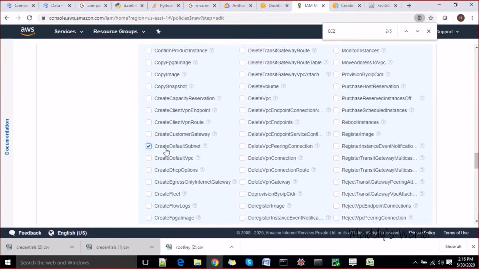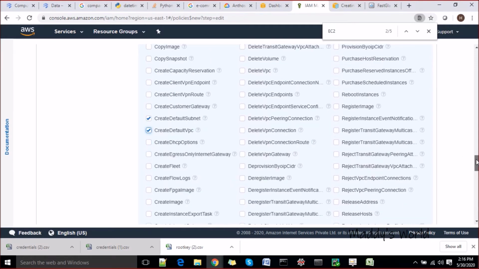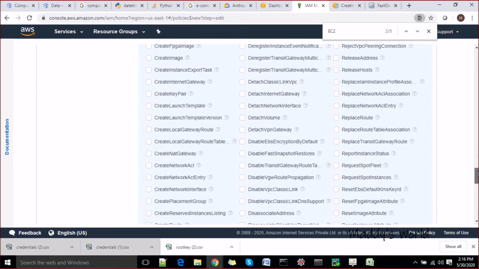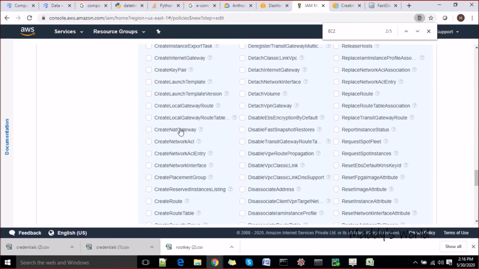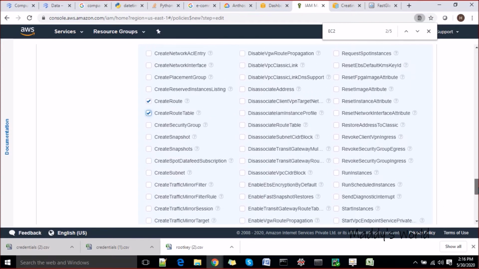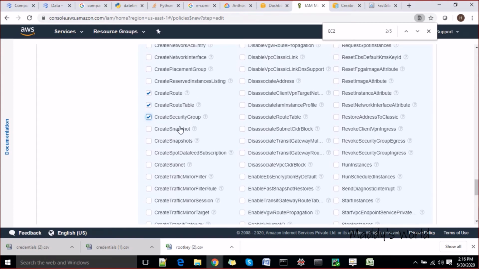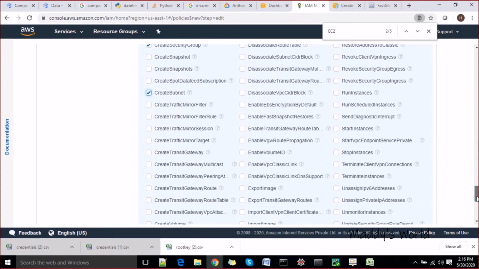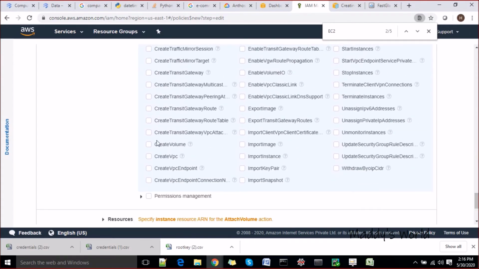Create default subnet, create default VPC. Create NAT gateway, create route table, create security group, create snapshot, create subnet, create volume, create VPC, that's fine.